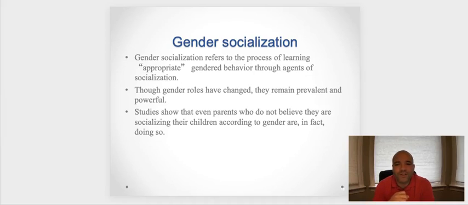Hi everybody. In this video, we're going to talk about gender socialization, which is an important part of the socialization process. Gender socialization is the teaching of the appropriate or correct way that a person can be a boy or a male, or a girl or a female. This is something that is learned, and we're going to dive much deeper into the difference between gender and sex when we get to the chapter on gender and sexuality.